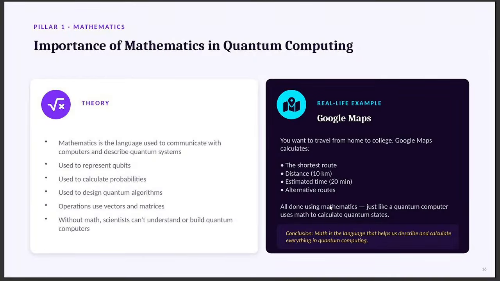So does Google Maps guess the answer? That is the main question I wanted to ask. Does Google Maps guess the answers? I want someone to answer. If I wanted to travel from A to B, let us simply say, it will give you the shortest route. It will say the distance is 10 kilometers. It will say the estimated time is